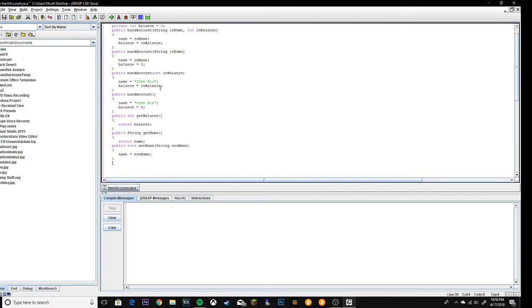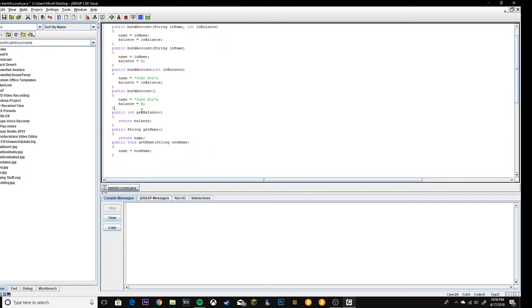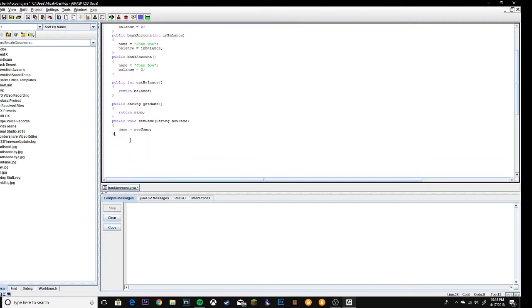So let's space these out. That's the end of the constructors, and this starts the methods. Okay, so ending curly brace here. So now we have the setName. Now we can do